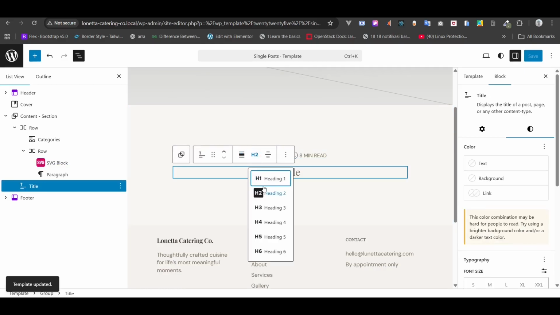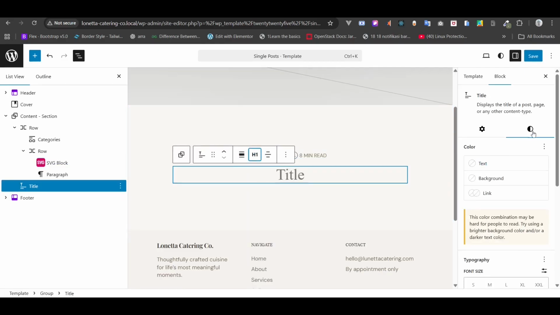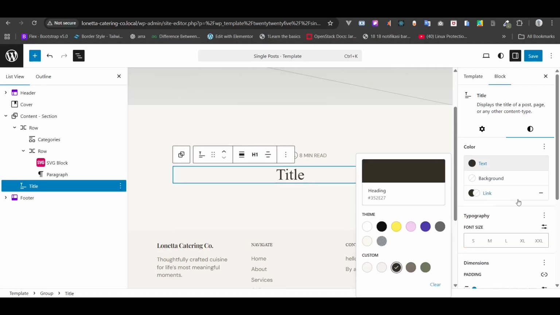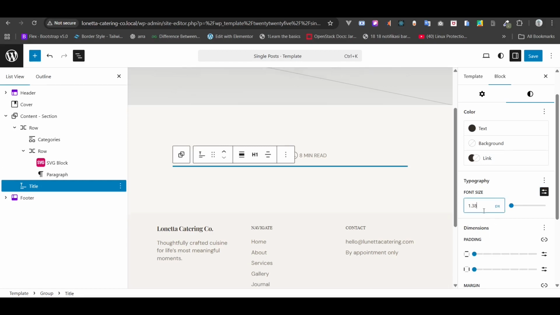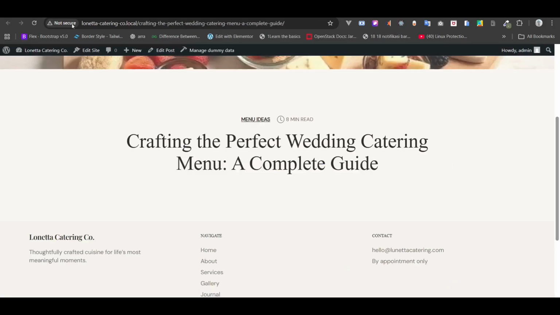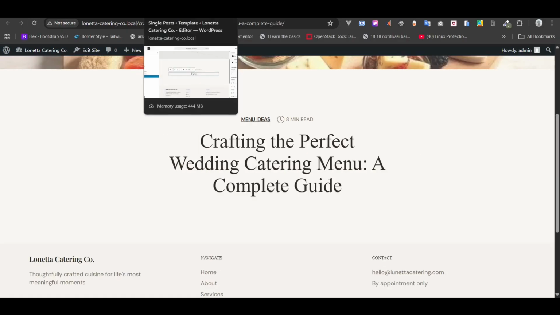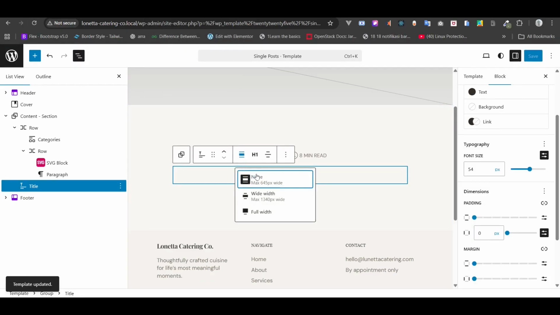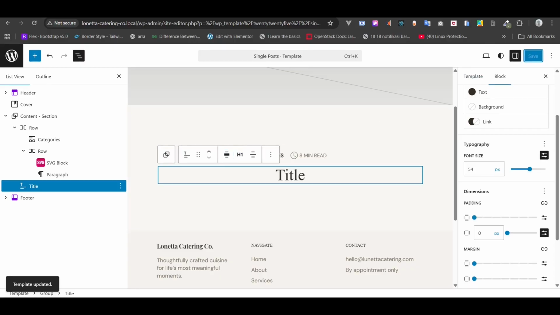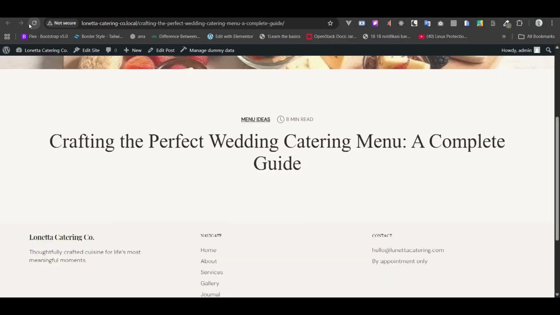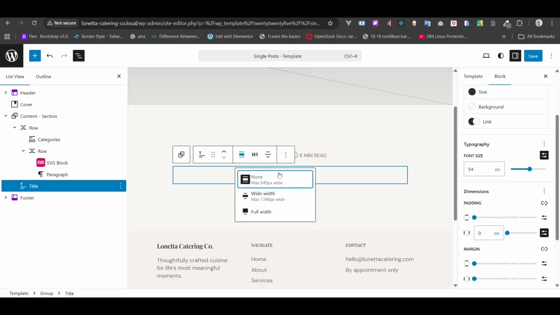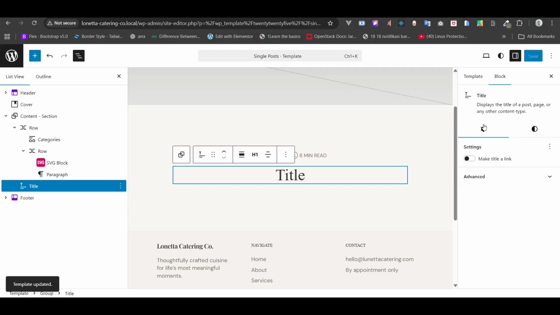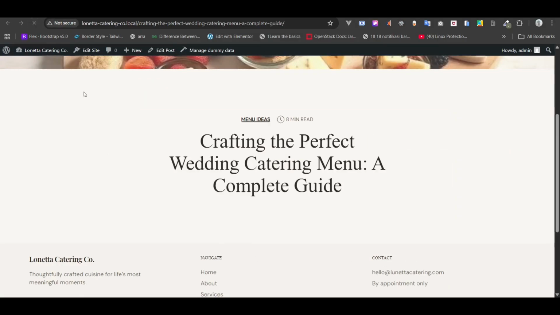and title. Back again, I want to make it H1 and change to this heading. Font size, maybe I want to try 40 pixel. Reload, yeah, just like that, and make it wide width. Save again. Now if we reload, I think that's bad. Change to none again. If we save, okay, now